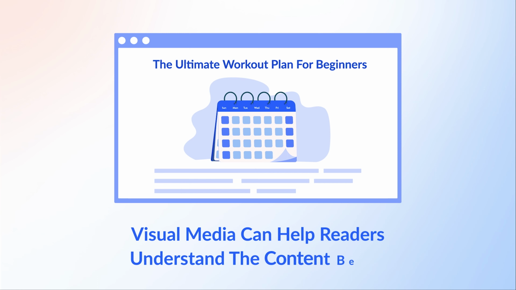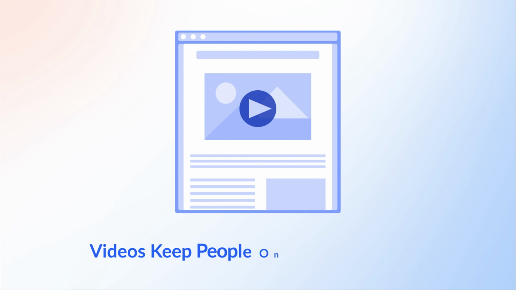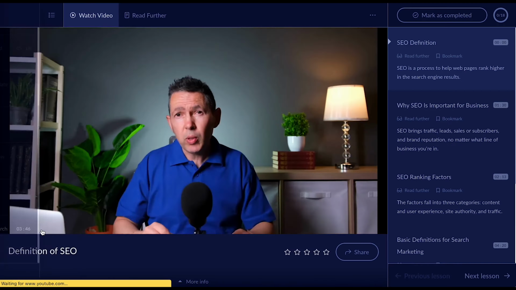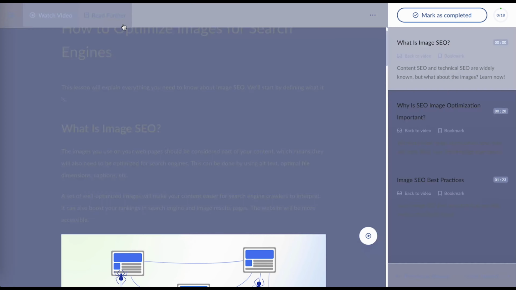And while we're talking about engagement, remember to add images and videos to all your articles. Visual media can help the reader understand the content better. And video has the added bonus of keeping people on your page longer. When it comes to images, there are some SEO best practices to follow. We'll cover those in the lesson Image